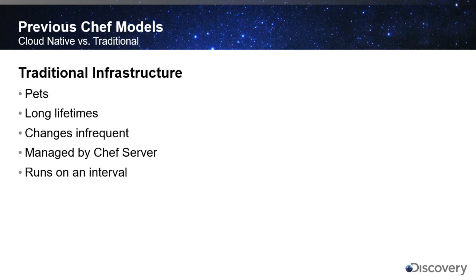So we mentioned we've got some previous Chef use in the environment, and it kind of followed a strict divide between traditional infrastructure and our cloud-native deployments that follow the pets versus cattle model. So we needed to determine where Chef was going to fall, or the Citrix infrastructure was going to fall in this design. So with our traditional infrastructure, it's being managed by Chef Server,